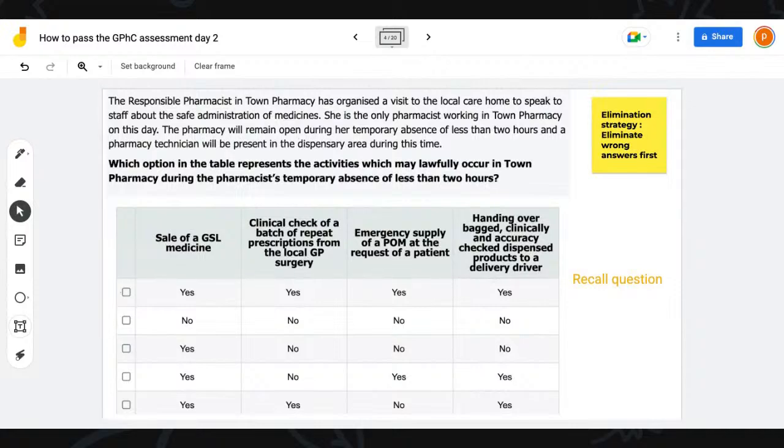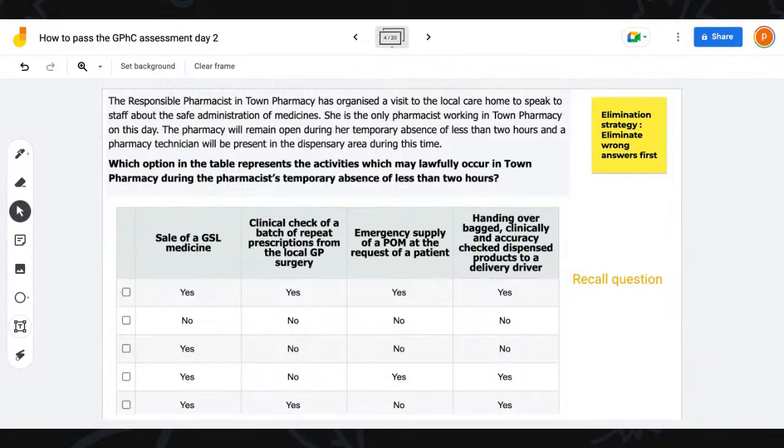So what am I going to do with elimination strategy? You're not looking for the correct answer. With the elimination strategy, we are looking for the wrong answers. We are eliminating the wrong answers. This, to me, is one of the most effective strategies that you can use for these questions. And when we come to the analysis questions, you'll see it's even more effective. The reason we know this is a recall question, you're going to see later. But recall questions are questions where you don't need a lot of analysis. You need memory. You know the stuff, right? So this is what we're going to do: elimination strategy. So let's see how we're going to do this question.